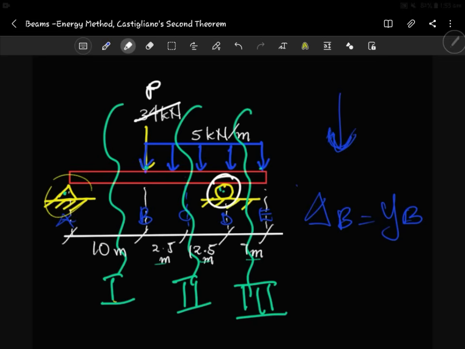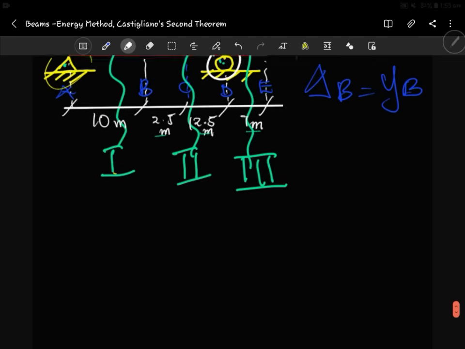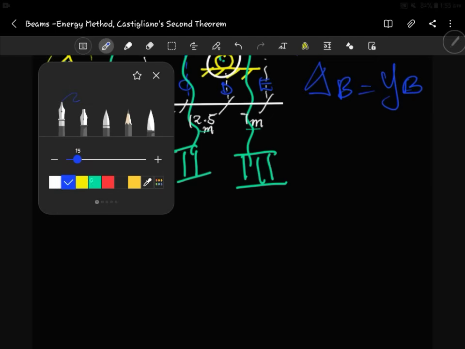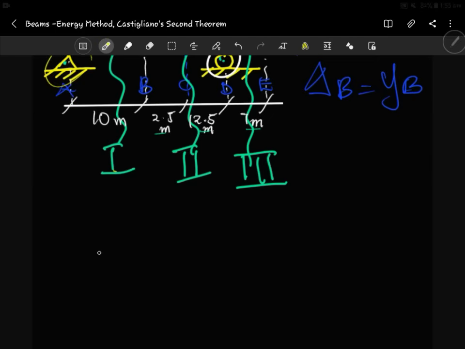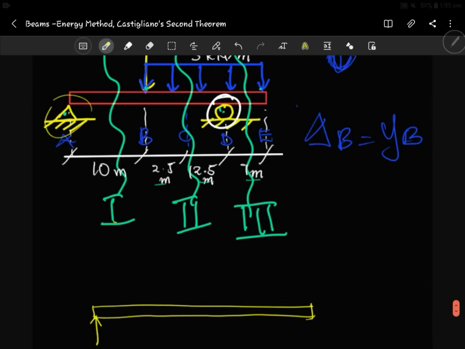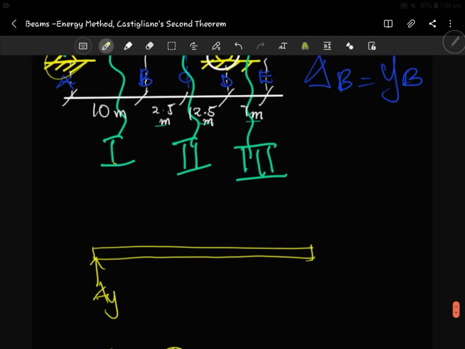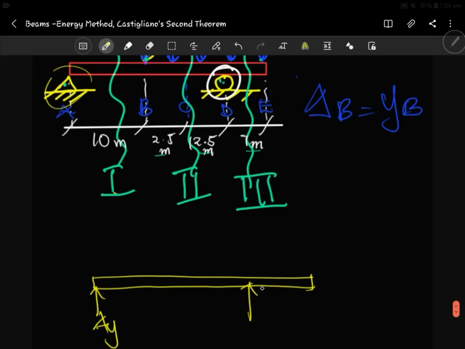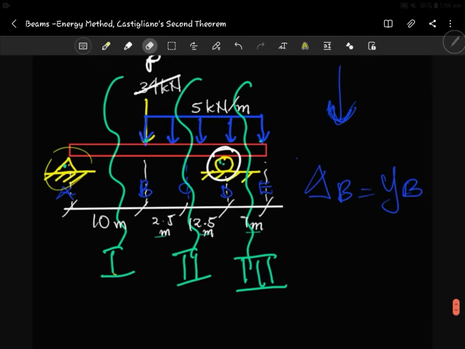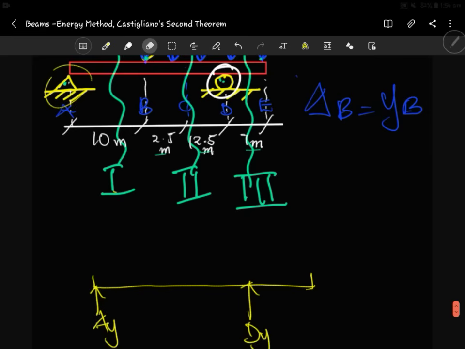You only get to replace it at the very end where you are trying to find everything, but now we are putting P there, right? So now we go ahead and try to find our reactional forces or our reactional loads. So that's how it is. The reactional forces. Okay, so now we have AY here, and then we have a DY here. And then we have the other ones. We have the P, right? P,